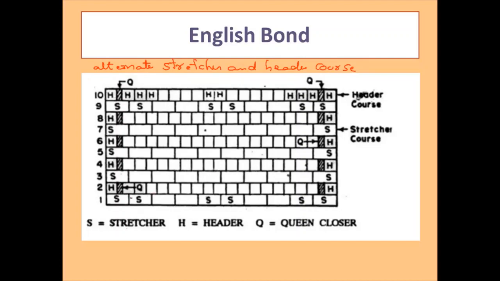Okay. Then the first course I am completely placing the stretchers like this. Then when I go to the second course here, okay, can I start with a header here? Yes, I can start. If I place the header, that will come up to this one. Then if I place one more header, then it will come up to this point. So you should not place a header there, because if you place the header, then vertical joint comes in the same line.